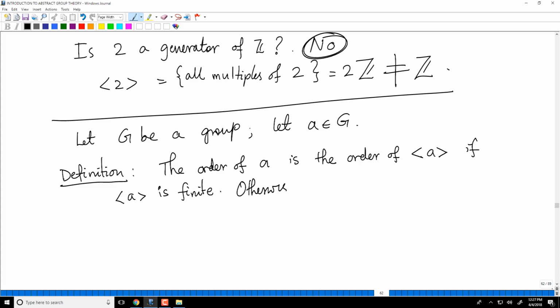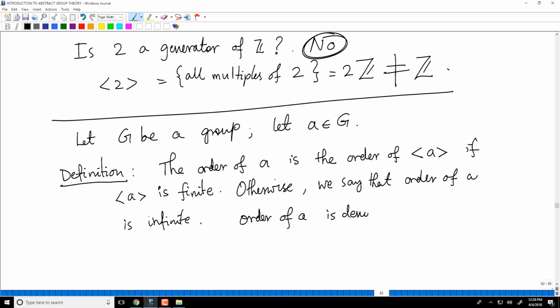Otherwise, if the subgroup is infinite, we say that the order of A is infinite. We denote this by order A.